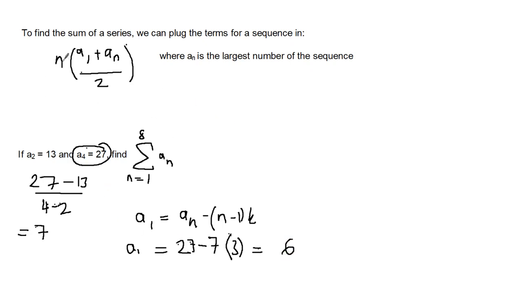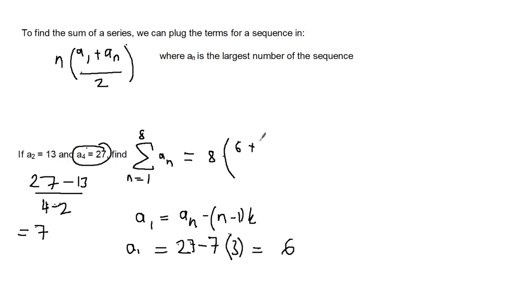Now we can plug it back into this equation. So now n starts with 1 and ends with 8, so we want our a sub 8. So that's just equal to 8 times, and a sub 1 we know is 6, and a sub n we can figure out by the formula of finding